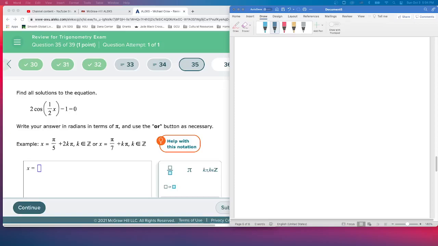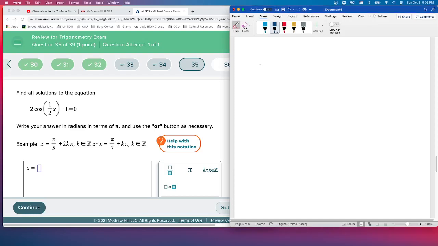35. This is solving an equation for unlimited x values. Again, cosine kind of indicates that we will probably be looking at 2 pi, but we have to solve it and we'll figure it out from there. So we're going to solve this for what x values do it. And remember, this plus 2 pi means you go around the circle 2 times. This was kind of like number 30.